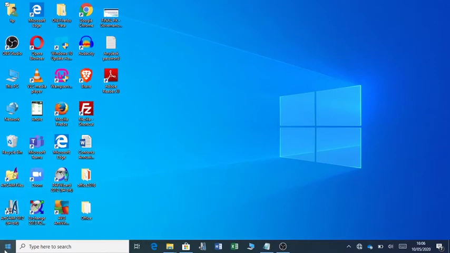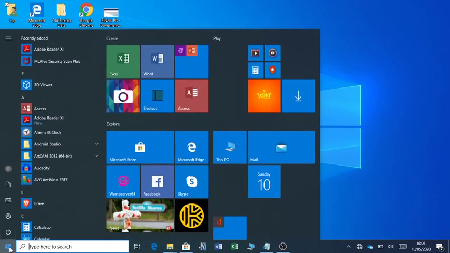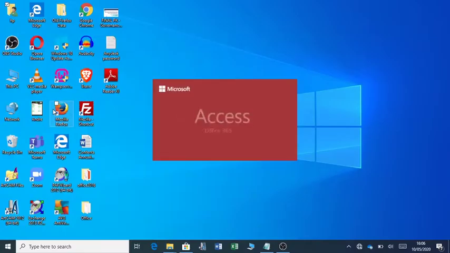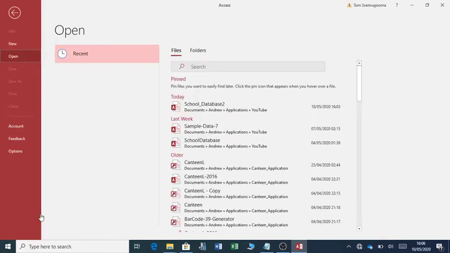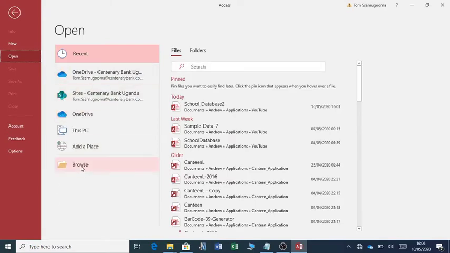Therefore, what you do, you click Start, click on Access, click on Open Other File, click on Browse,